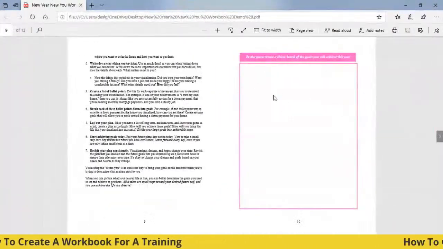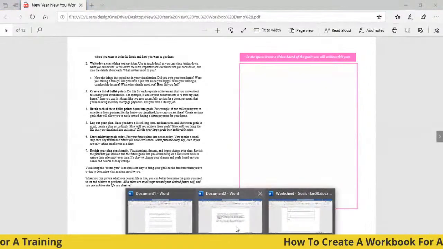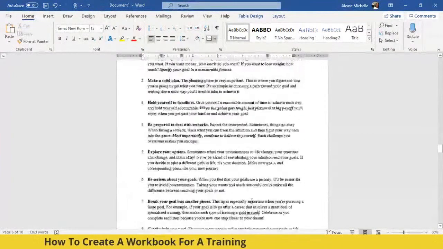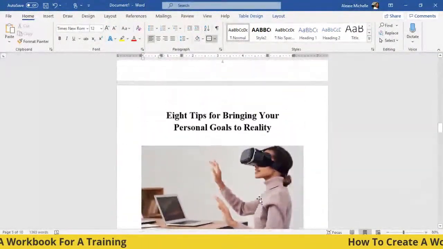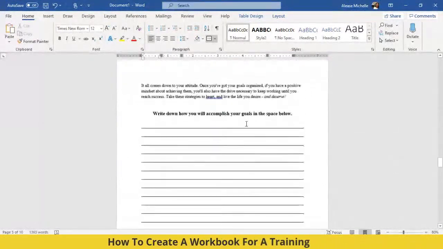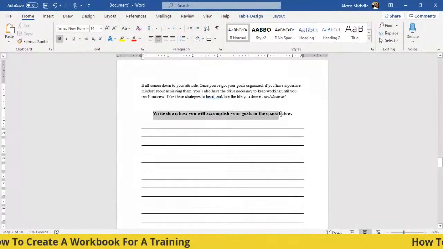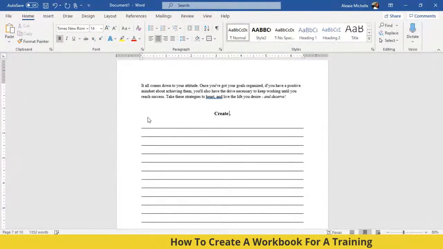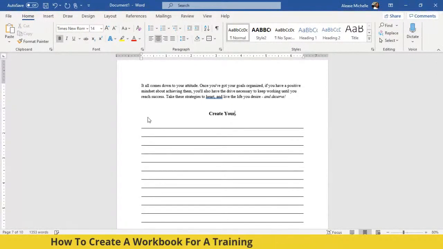Okay, you know what? I'm going to show you guys about this square just in case you might want a square, because I think I did this square because I would tell someone to create a vision board. That's basically what it was. So that would be a spot and say create. I'm going to change this to create. And again, I'm so glad that you guys are seeing this. Create your vision